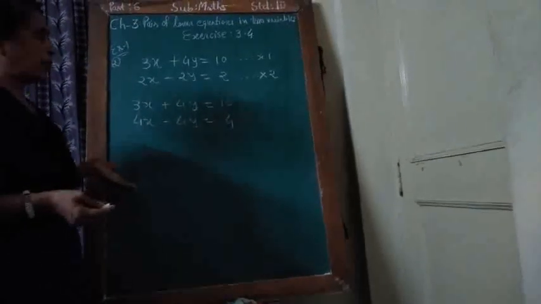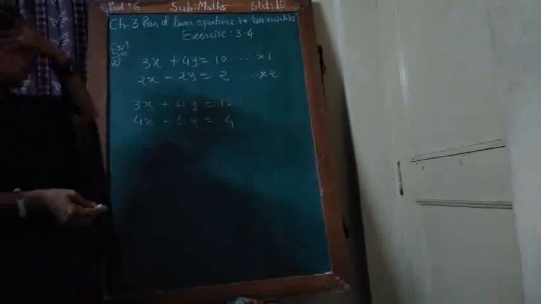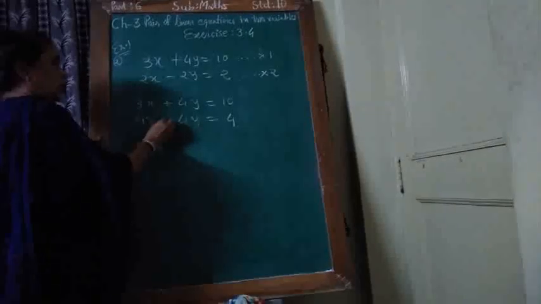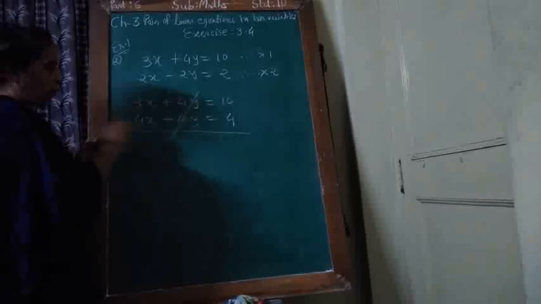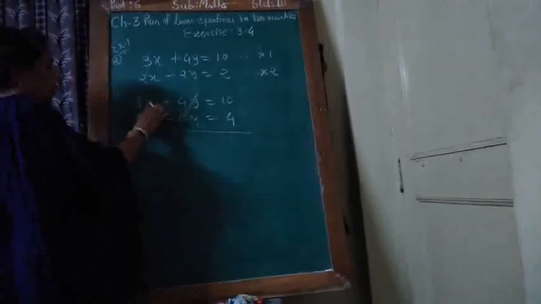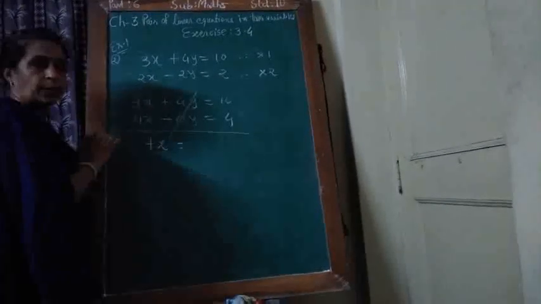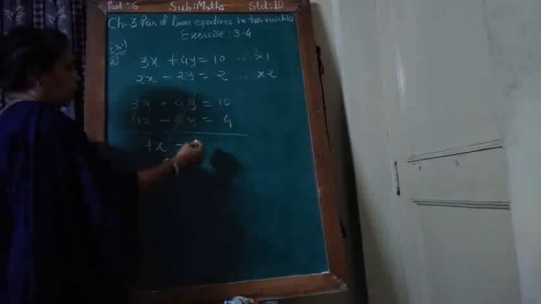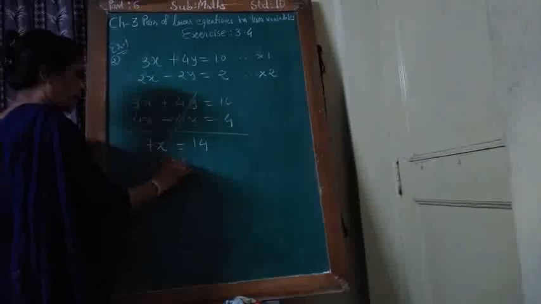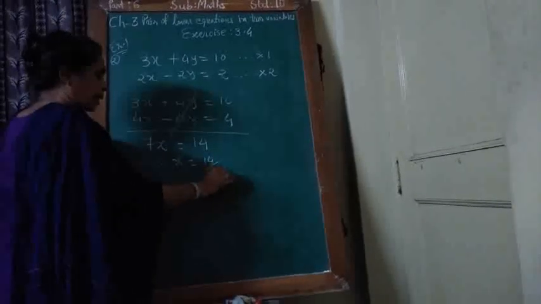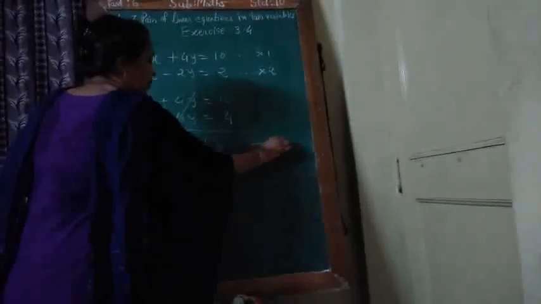If they say that you have to solve by elimination method, then also you have to write solving 1 and 2 by elimination method. Now here see, signs are different. So the y term cancels, 4y and minus y eliminate. 3x plus 4x, 7x. Don't change the sign here because the signs are already opposite, so no need to change the sign. 10 plus 4, 14, and therefore x equal to 14 upon 7. 7 into 14, so we get the solution x equal to 2.